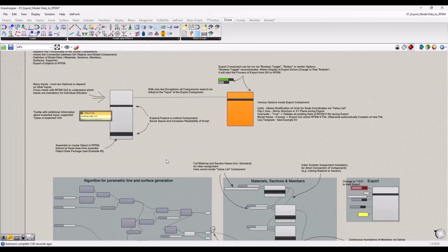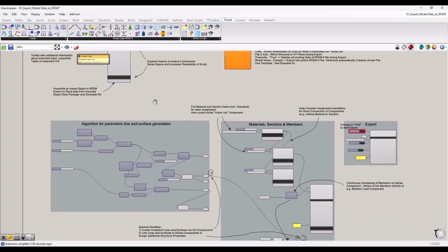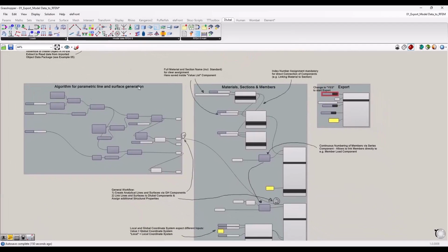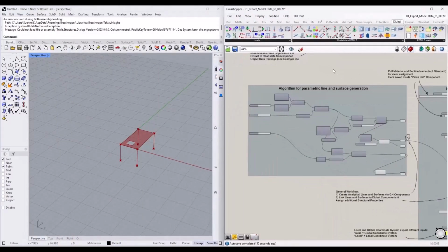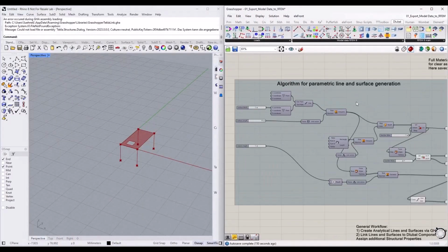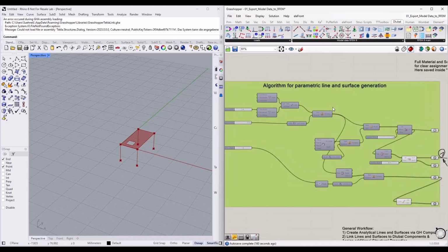So far regarding a quick introduction of the components. Now we can take a look at this little example down here. Let me show what I did. I have here a group which represents native Grasshopper components. So that is all components which are basic in the Grasshopper